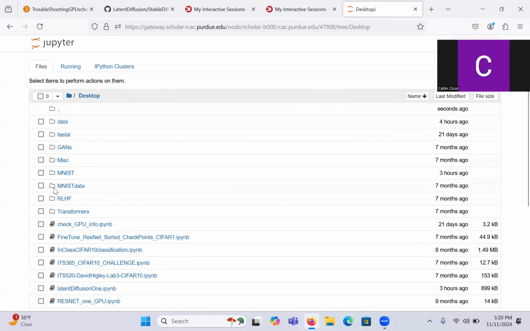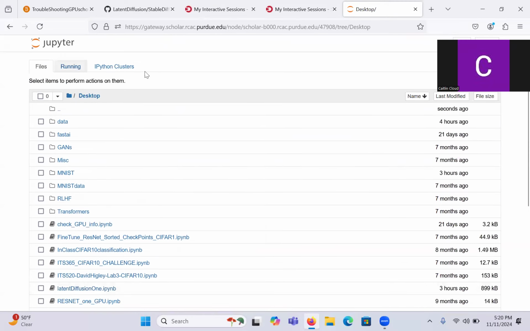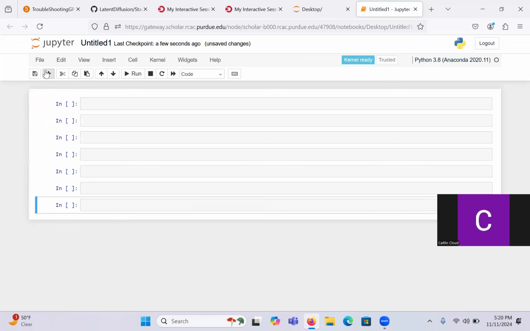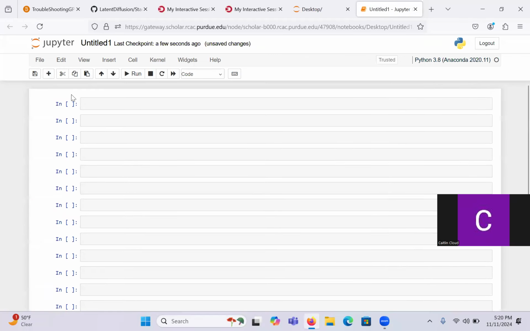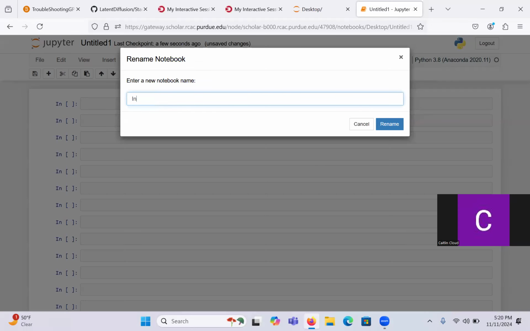I already have it on my environment, but it's gonna be the latent diffusion. So I'm gonna create an environment here. I'm going to rename this in class. And hopefully I can do a lot of this with the CPU. And when I need the GPU, hopefully I'll have it. So in class, stable